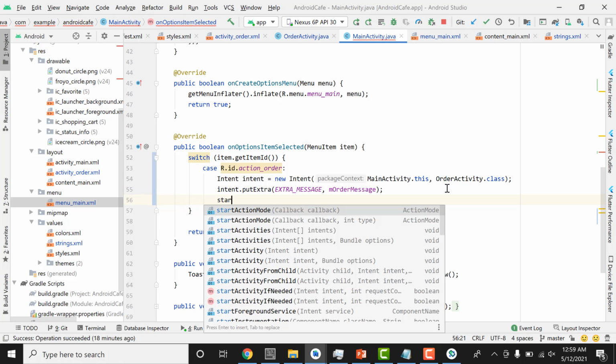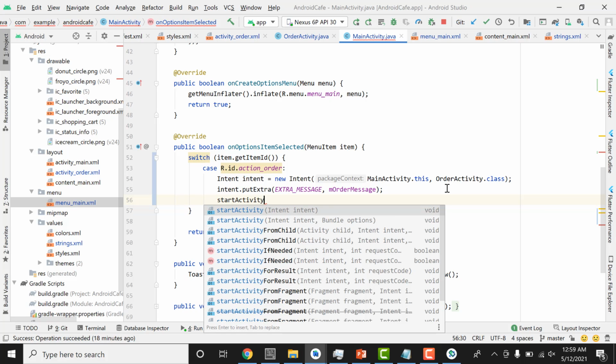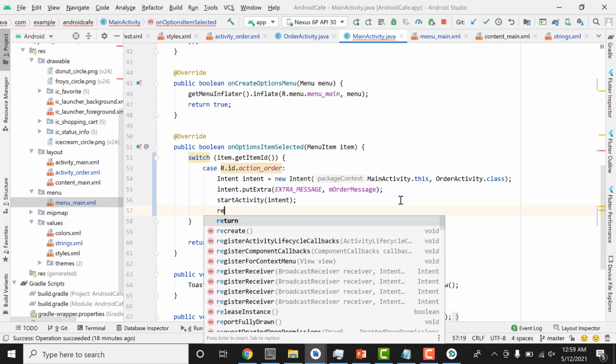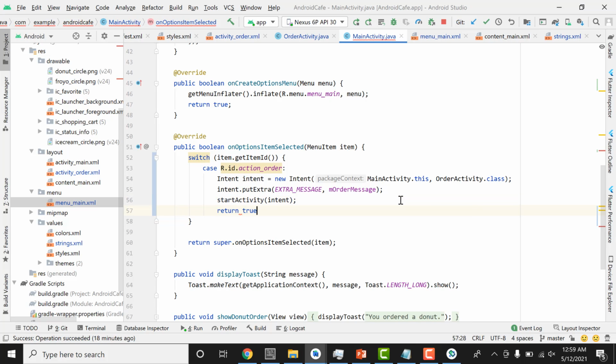Then we can start activity, and then we can pass the intent, and then we will return true. So if the first option is clicked, then this code will be executed,